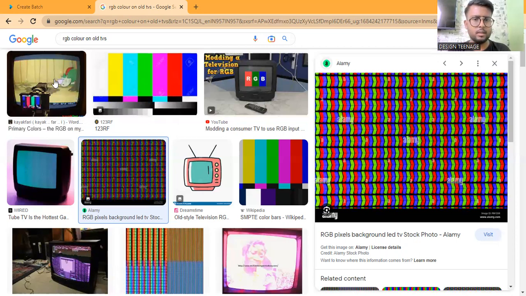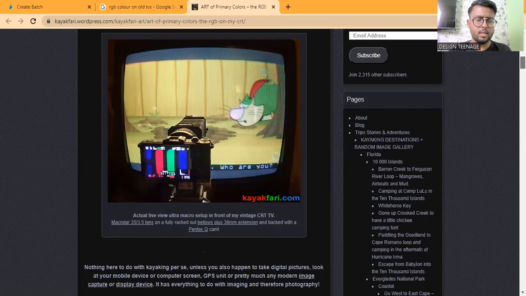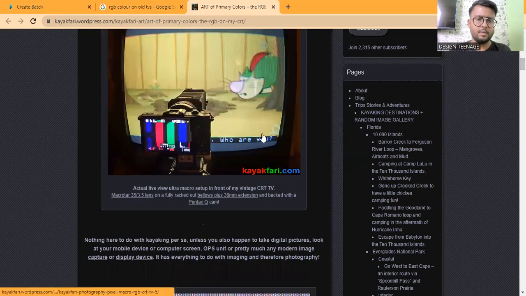Let's see. See, over here I have something. Can you see my screen now? Yes. This is a camera which has been placed in front of a TV, and the super macro view has been taken, which was not possible through my phone.